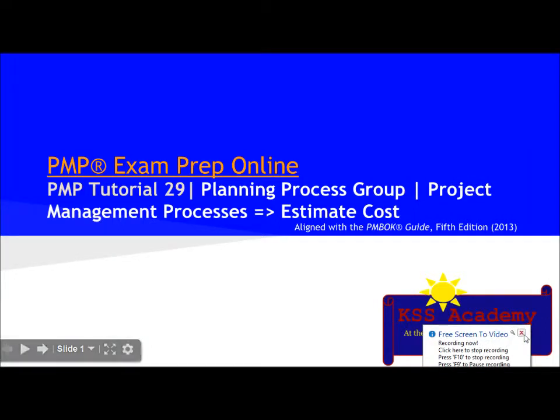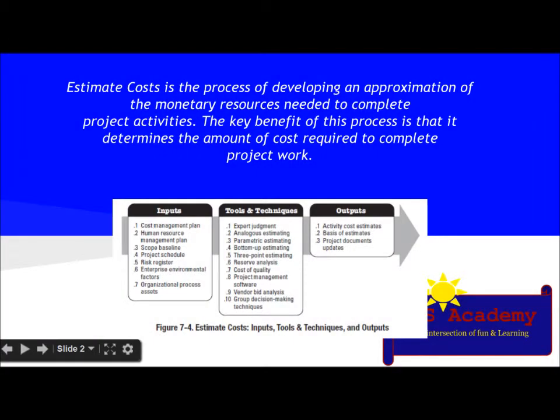Hello people, today we are going to learn about the planning process group, project management processes, estimate cost. So let's see. Estimate cost is the process of developing an approximation of the monetary resources needed to complete project activities. The key benefit of this process is that it determines the amount of cost required to complete the project